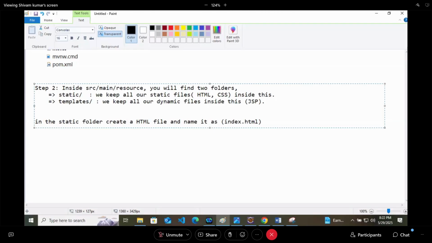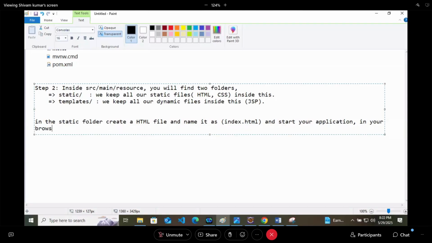In your browser, open localhost colon 8080, and it should open your index.html file. So like this you will do.